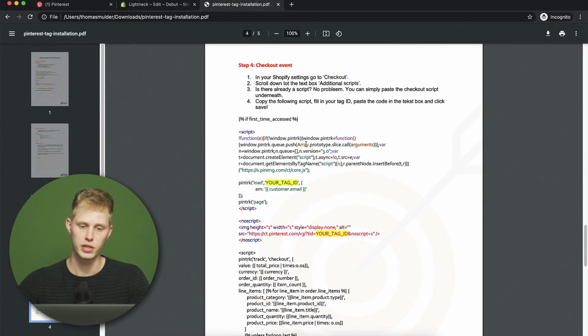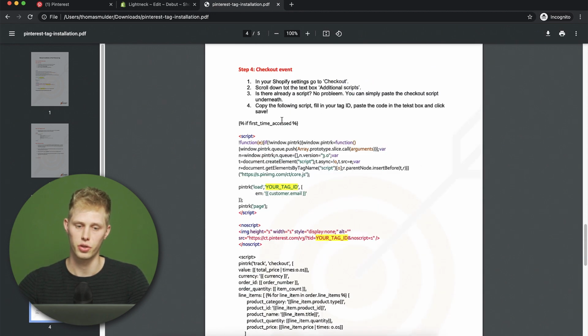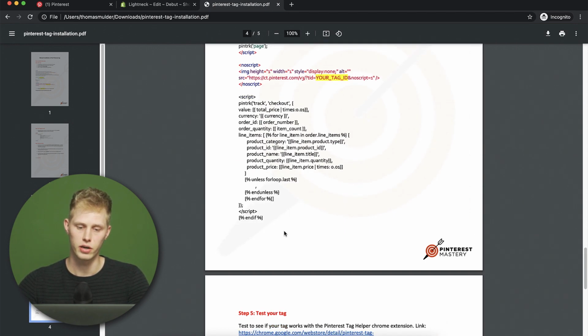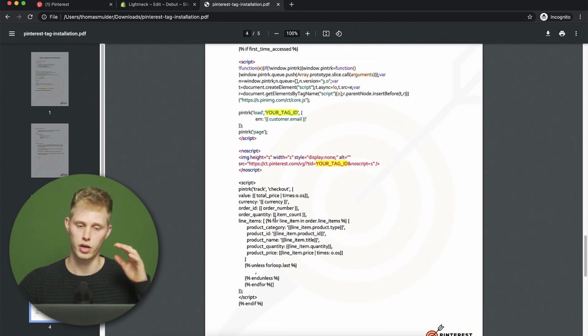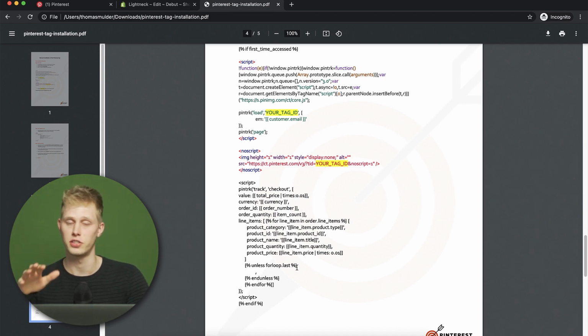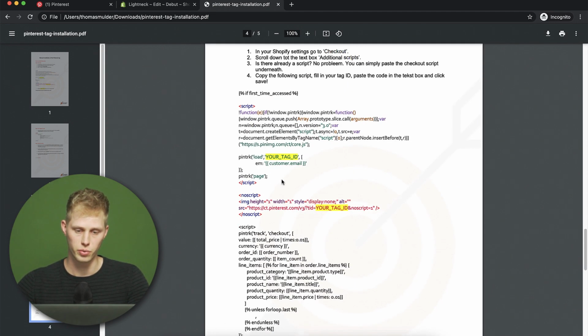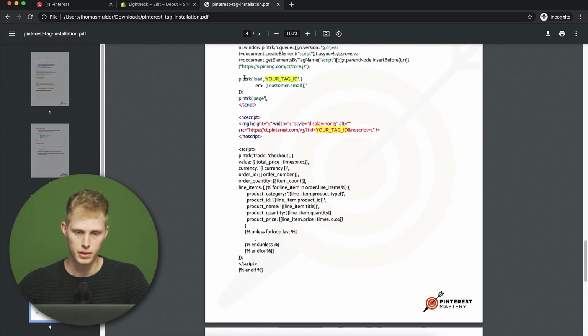And finally, we need to install the checkout event, which is this large code right here, which is also specifically optimized for us. This code cannot be found anywhere else, and it contains the necessary things to create conversion campaigns. So what we want to do is we want to copy this